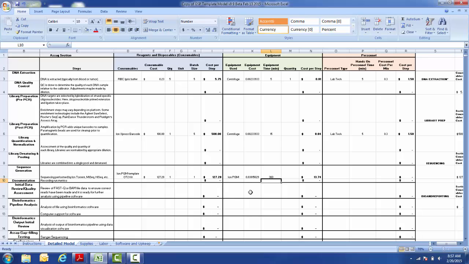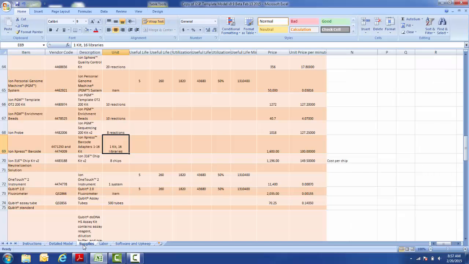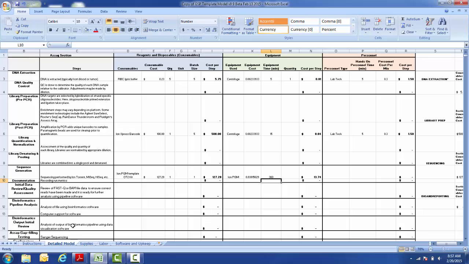Like I said earlier, the equipment cost is already calculated for you, but essentially what was done is the total cost of equipment was amortized over the useful life of the equipment. So say 5 years is broken down into hours, minutes, and then from there we're able to calculate a unit price per minute, and that's what is being broken out here. And so then based on the number of minutes that you're using the machine for, you can calculate